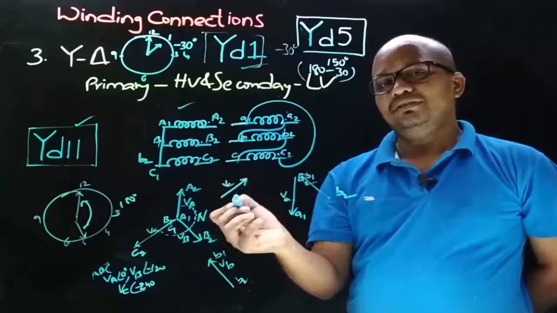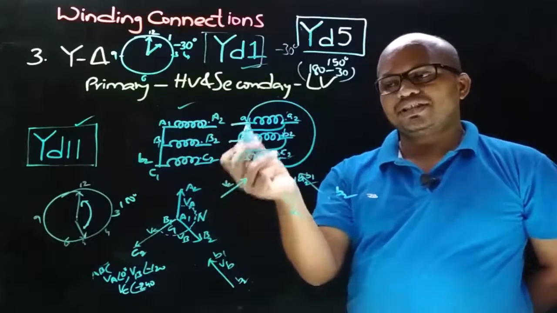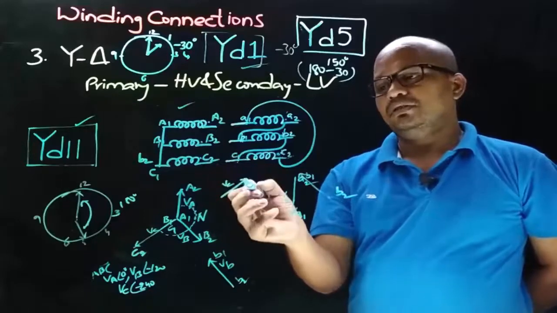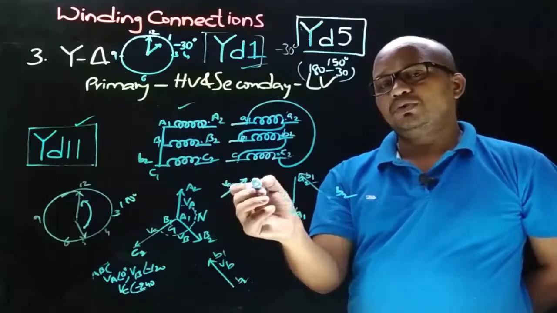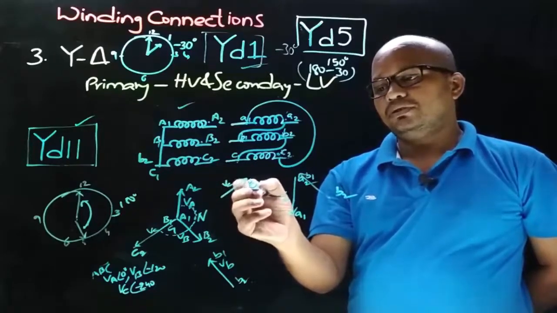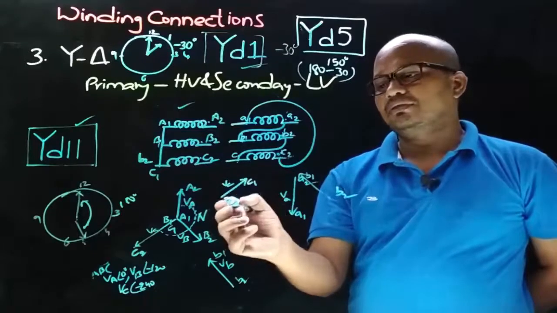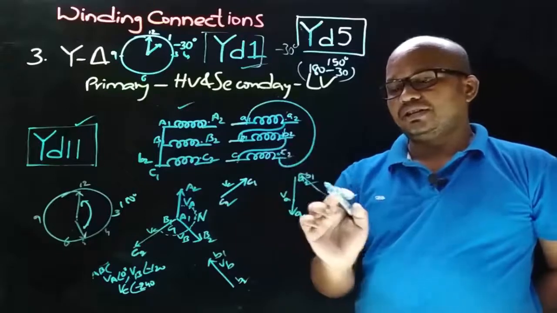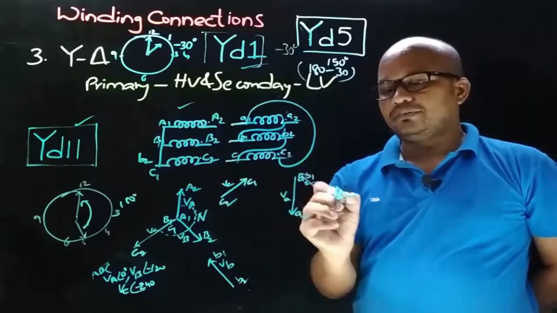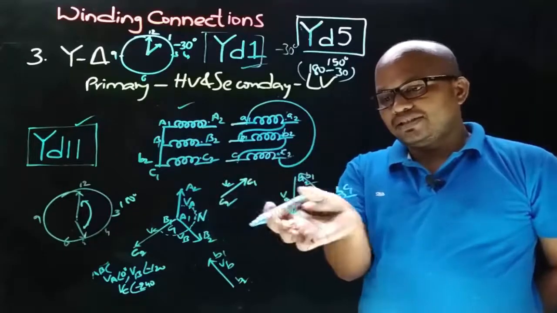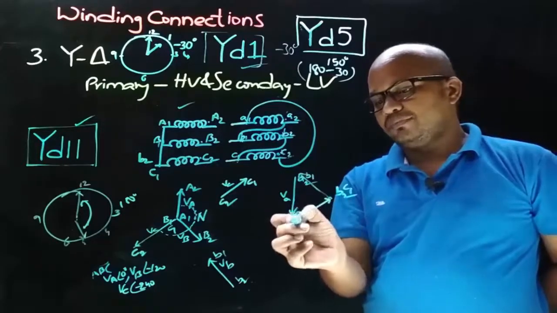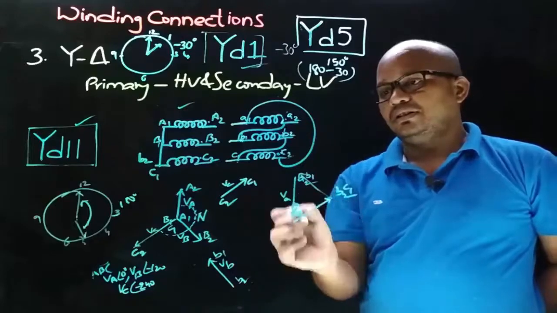And now we need to decide the terminals. Here on the secondary side connections are taken on non-dot ends, and here the non-dot end is C1. Therefore the phasor points towards the connection we took from. So the arrow points towards C1. So obviously the other end will be C2. Now observe in the winding connection that B2 has a connection of C1. So therefore place this phasor as it is such that B2 has the connection of C1 and